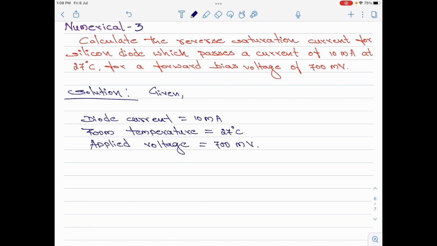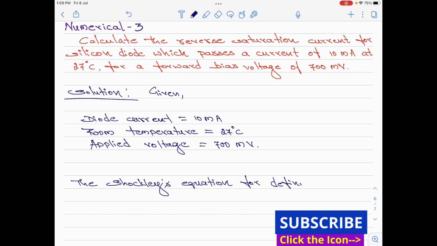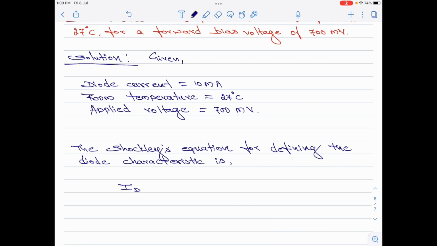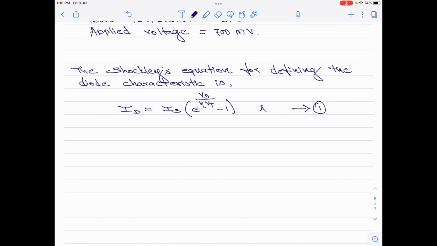Right. We will now use Shockley's equation for defining the diode characteristics, which is given by ID equal to IS multiplied by exponential of Vd divided by eta Vt, minus 1 amperes. Let me call it equation 1, where ID is the current across the diode,